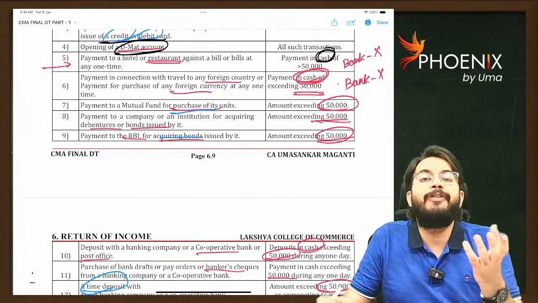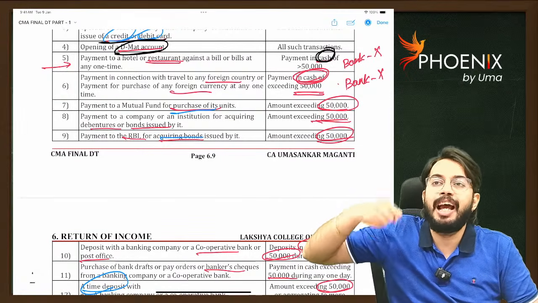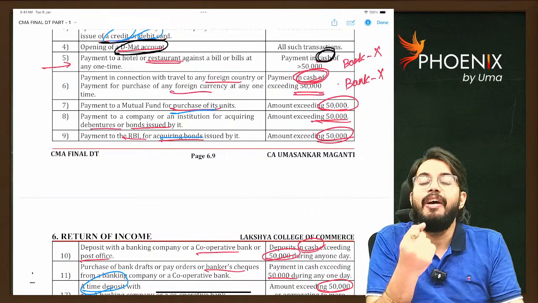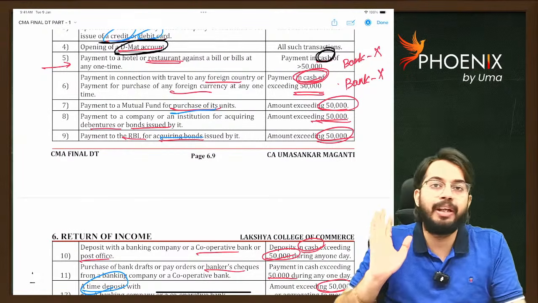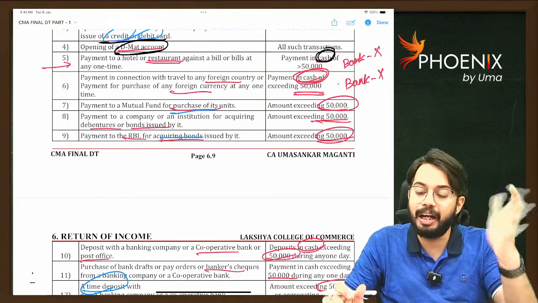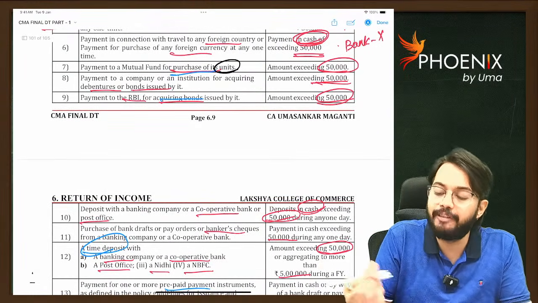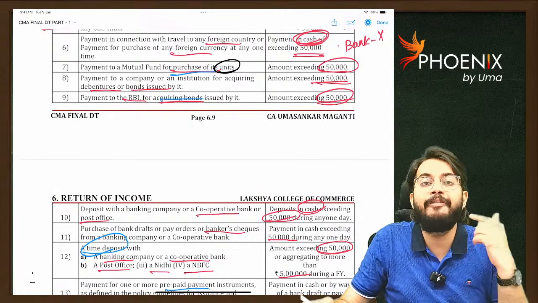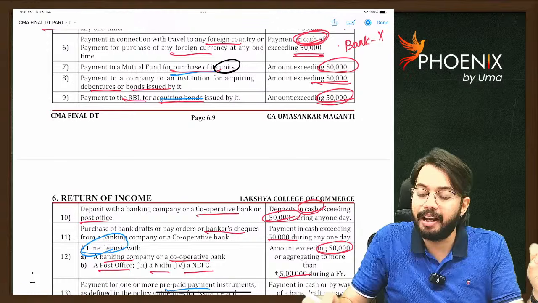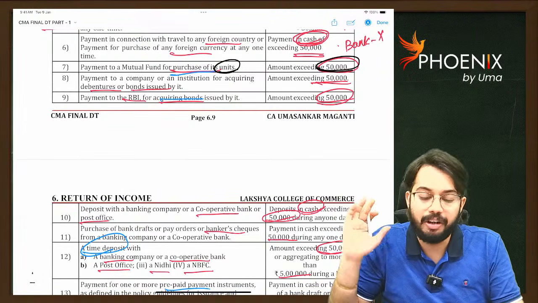See, you will purchase foreign currency, right? You will go to a foreign exchange dealer. Let's say you went with 40 lakh rupees cash. You gave 40 lakh rupees cash. You wanted dollars. So when you are making cash payment of more than 50,000 rupees for purchase of foreign exchange, foreign currency, then also you are mandatorily required to give PAN number. Similarly, when you are purchasing units of mutual fund, and the amount paid for units of mutual fund, that can be either cash or in the form of bank, if the amount paid is more than 50,000 rupees, then also you are mandatorily required to give PAN number.